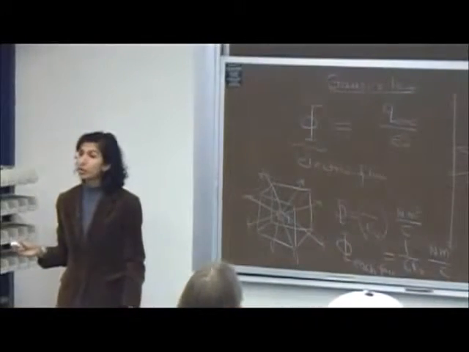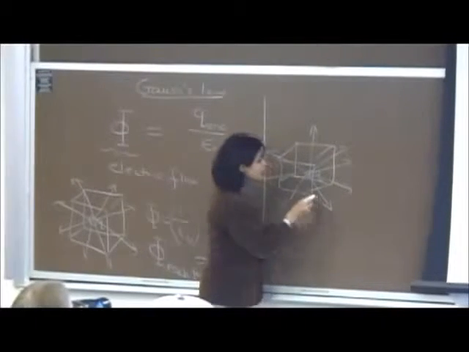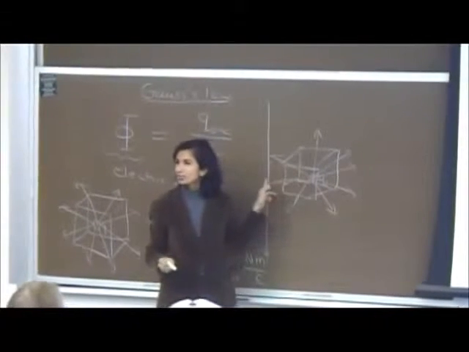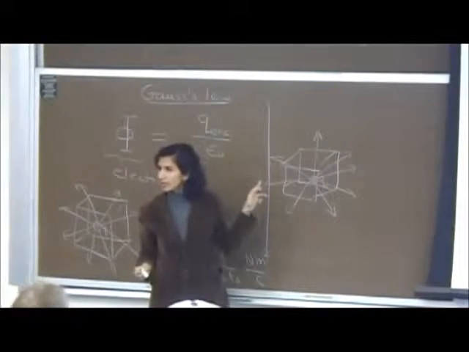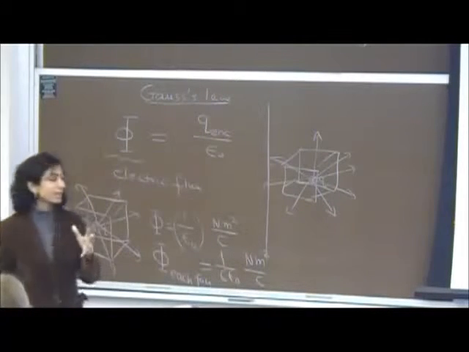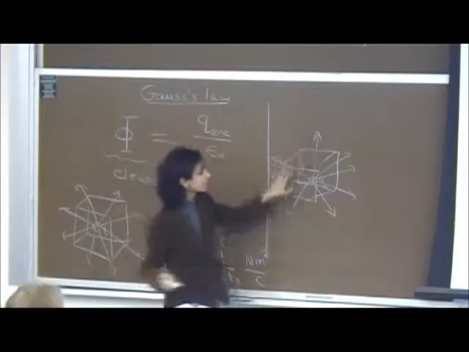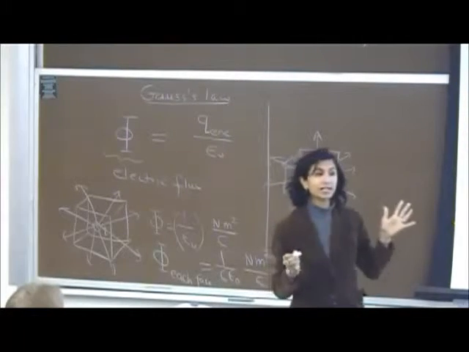But will the flux be the same through each phase? No, the flux will be more through the phase which is closer to the charge and less through the phase which is farther away. Do you see what I'm saying? So the total number of field lines through all of the phases taken together is still going to be the same. So the total flux through the whole thing is the same, but each phase now has different flux